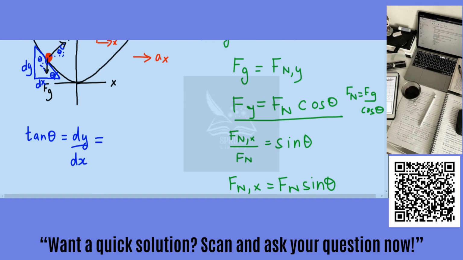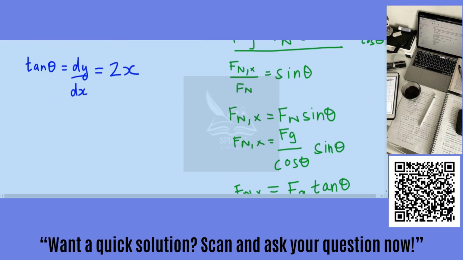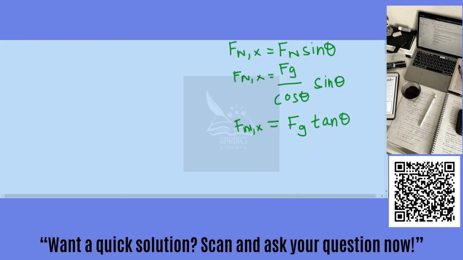And so what is the derivative of y with respect to x? Well, y is x squared, so we just get 2x here. So now we know that the normal force in the x direction is Fg times 2x,